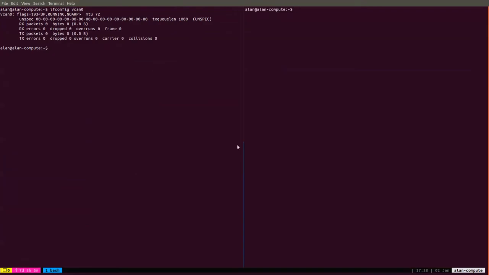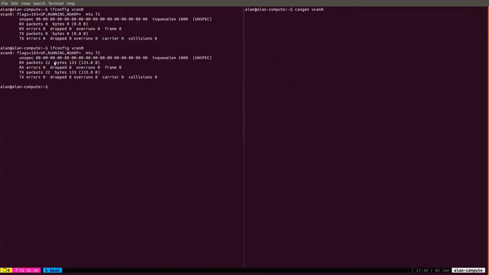So if I open a new pane in Tmux, and I run this command cangen vcan0, if I just run it like that, it just generates a bunch of packets. And if I run it again, you'll see that now I'm receiving packets on this device.